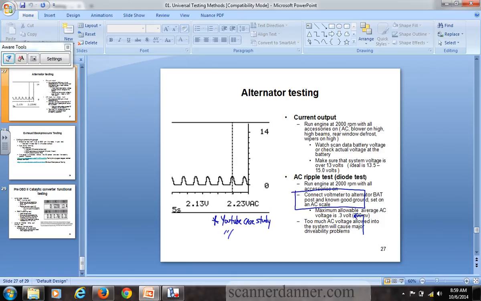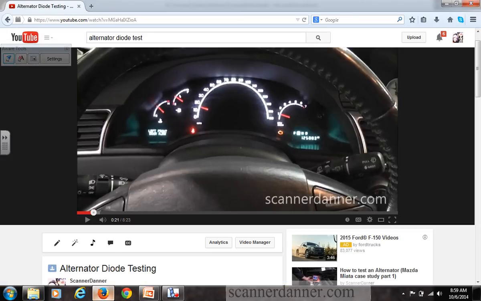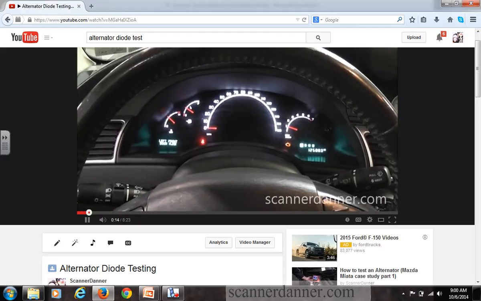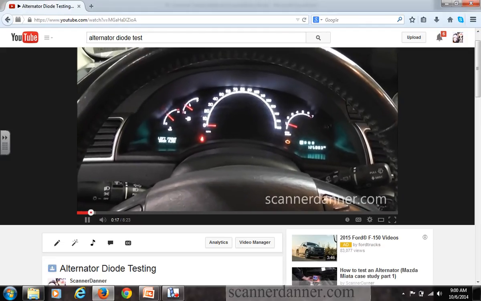This is Alternator Diode Testing. And just like the one I just described to you, this vehicle, you see on the image here, was reading 20 miles per hour in park. As soon as I started the car, leave the sound down for a second, I'll let you guys see that real quick. Actually, I think I started it in park, and then as soon as I put it in gear,